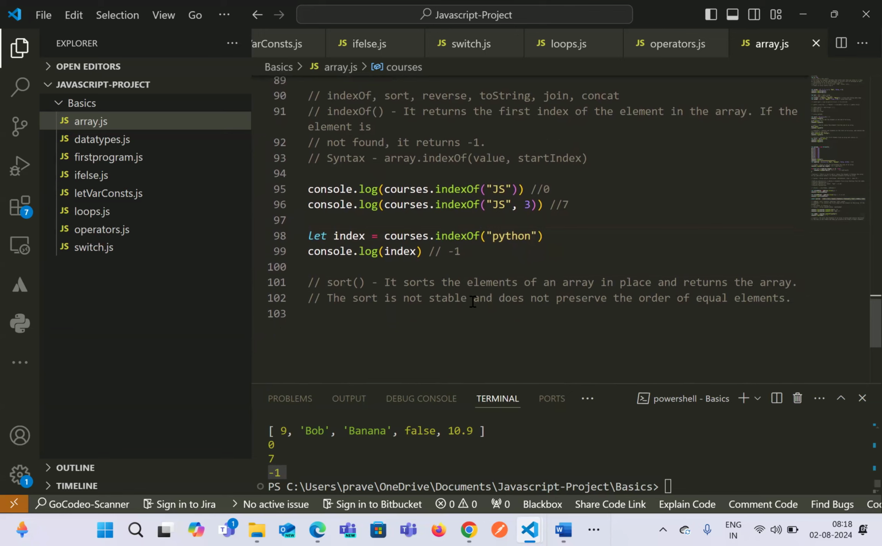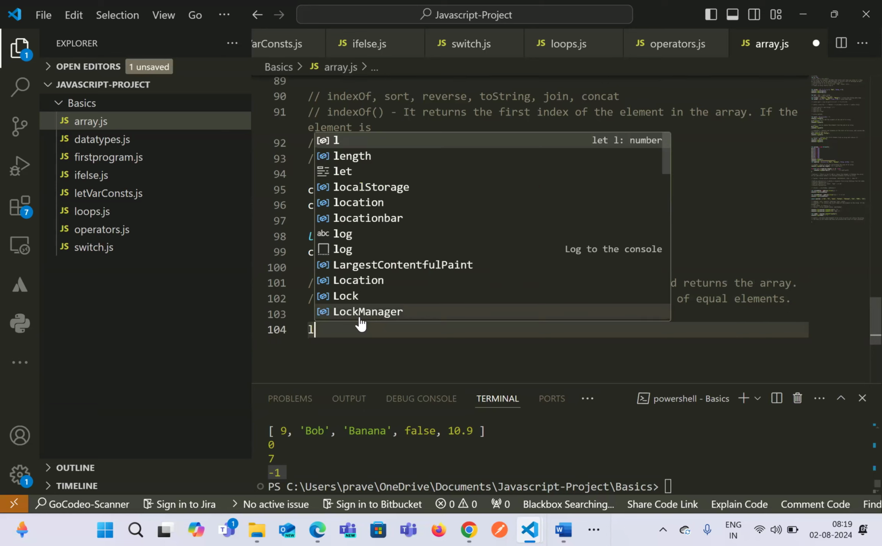Okay, then we'll move to the next one, which is called sort. Sorting of an array. So how do we sort an array? Or how do we use the sort method in an array? It basically sorts the elements of an array in place and returns the array. So what it does is it will sort in an ascending order. Let's say if you have a numerical array,